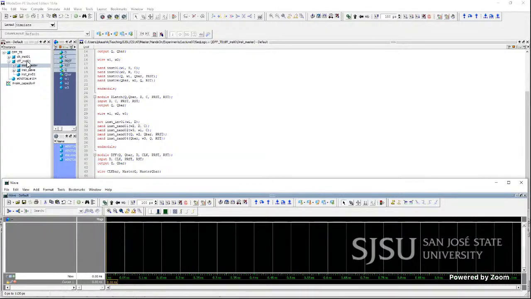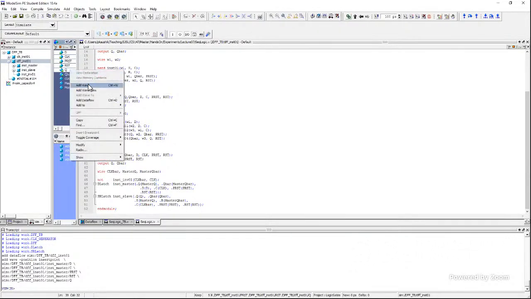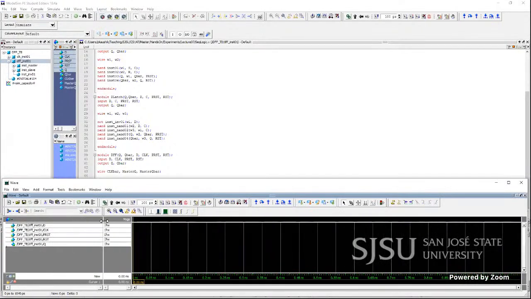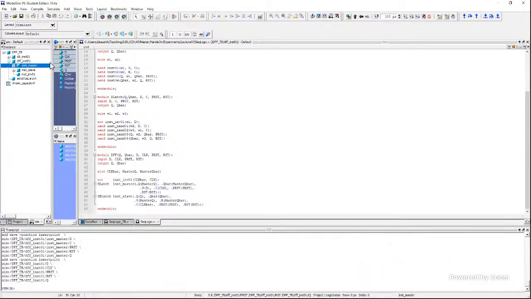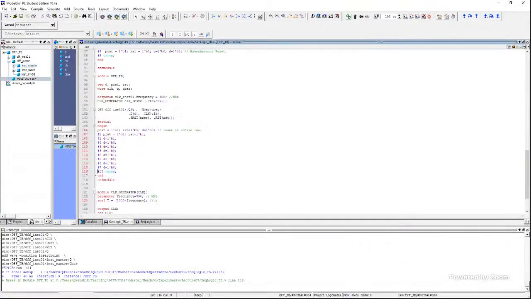Okay, what I need to do is go there for the whole instance. Q. Okay, add. And also let's follow the master Q, master Q and master Q bar. Okay, preset, reset onto top, clock onto top. Okay, we are ready. Simulate,